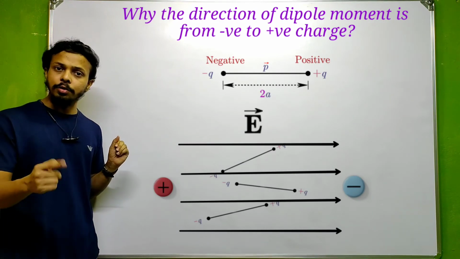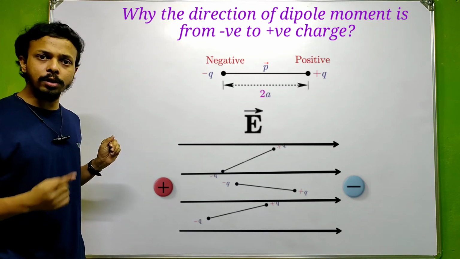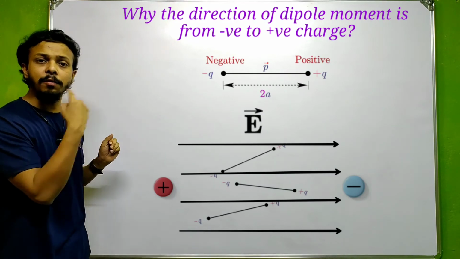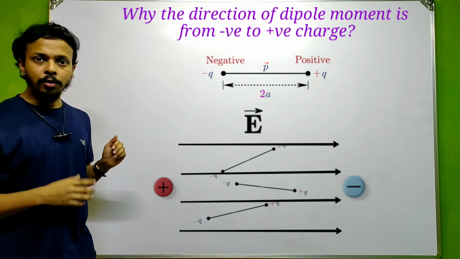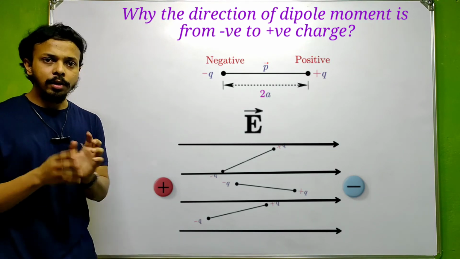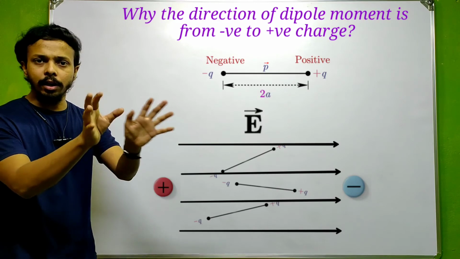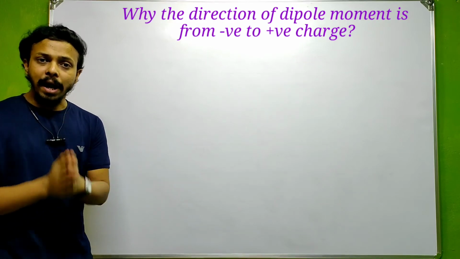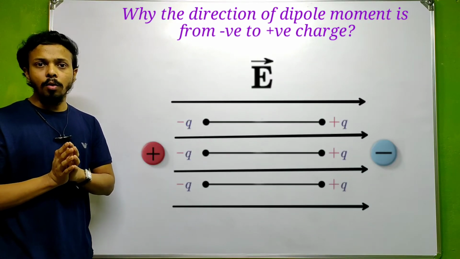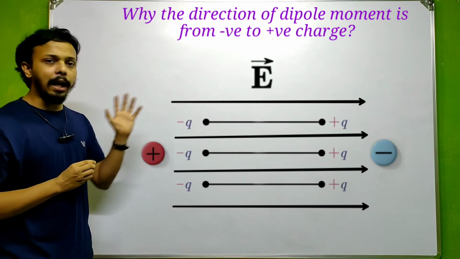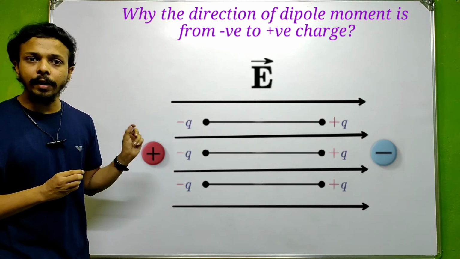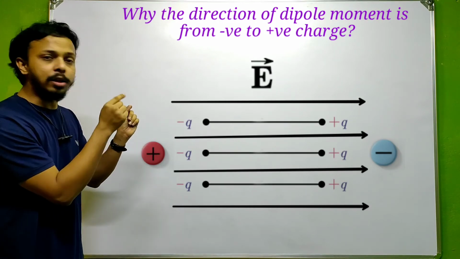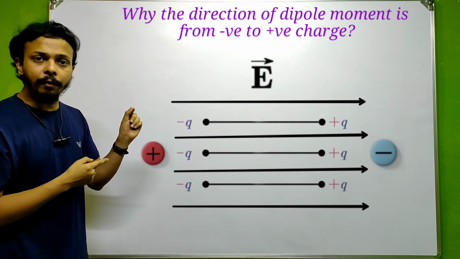Similarly, the positive charge of the electric dipole experiences a force in the direction of the electric field, because the electric field lines go towards the negative. So after some time, as I place some dipoles in a random arrangement in a uniform electric field, all the dipoles align parallel to the direction of the electric field. Now it looks like this. As the negative charge experiences the force away from the electric field direction and the positive charge experiences the force in the direction of the electric field.